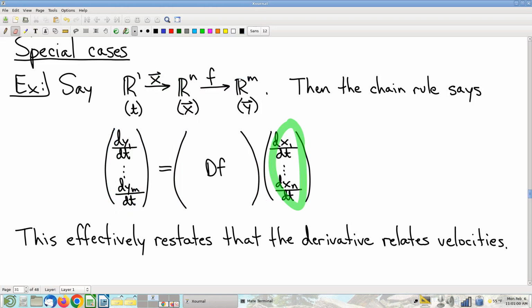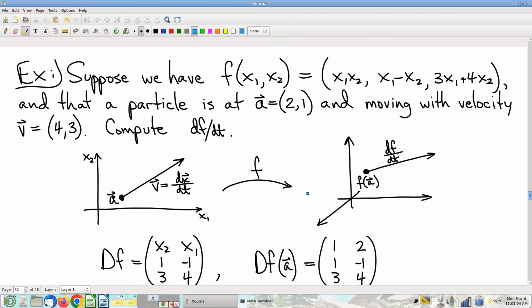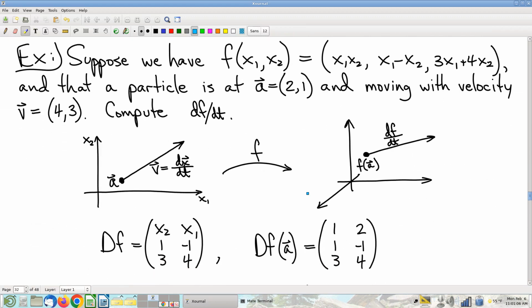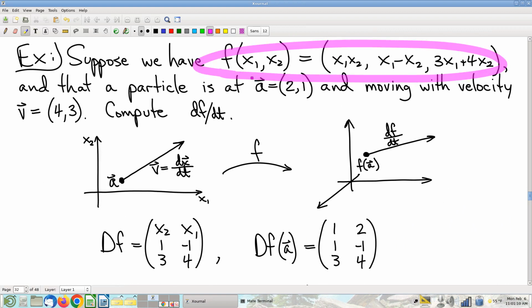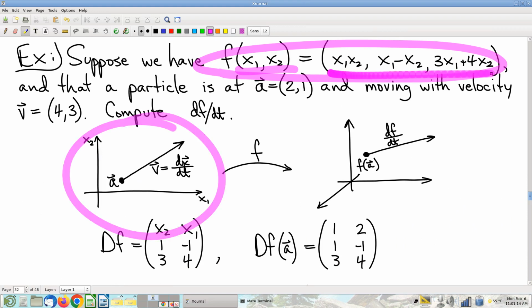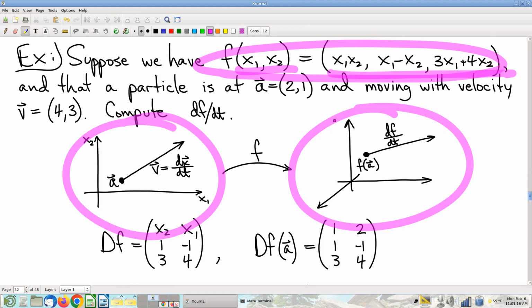All right. So here's an example of where you can use that. Suppose we have a function like this. Now notice there's 2 input variables. There's 3 output coordinates. Right, and if I have some velocity therefore in my domain,